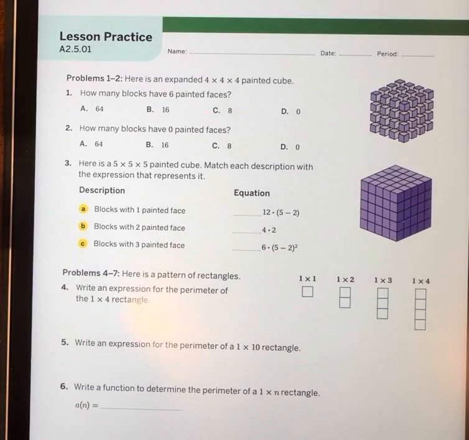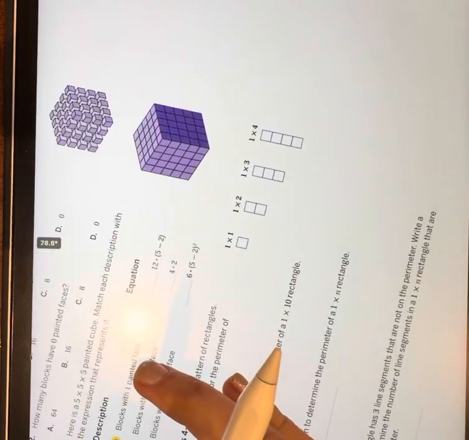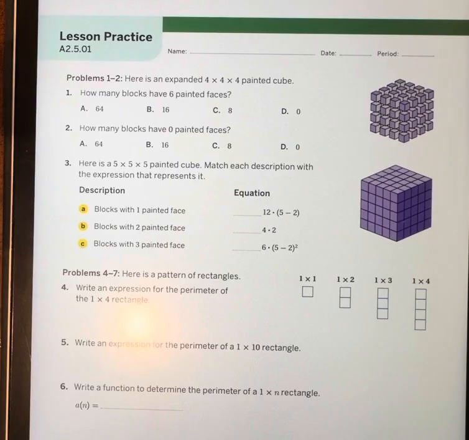5.1, interesting section. They were having us look at these cubes, and if we dip them in paint, how many faces on each of these little cubes would be painted is what we looked at. So basically, what we discovered was that as long as there's more than two faces,